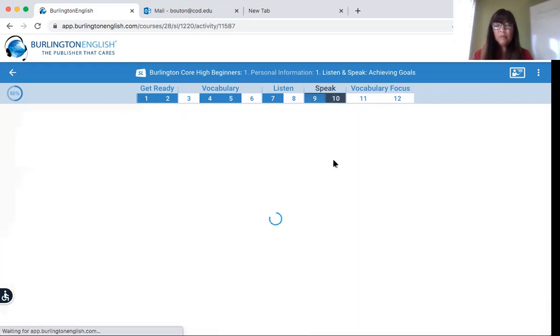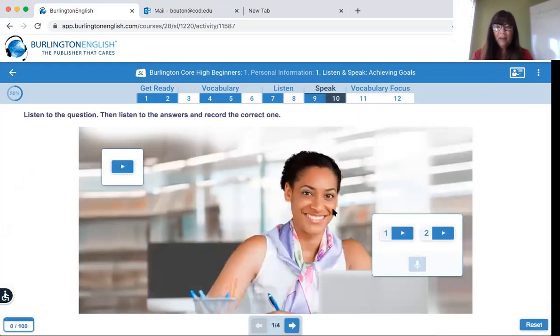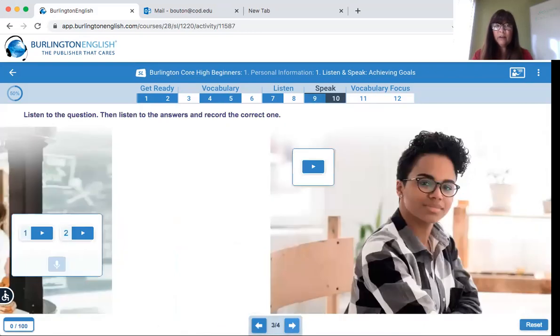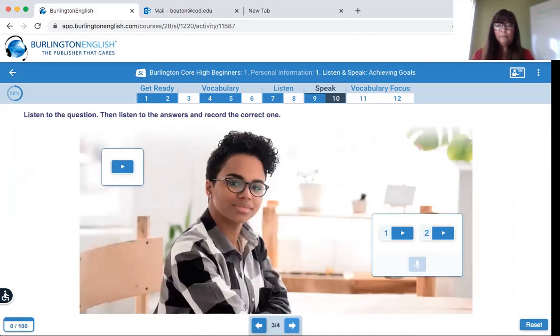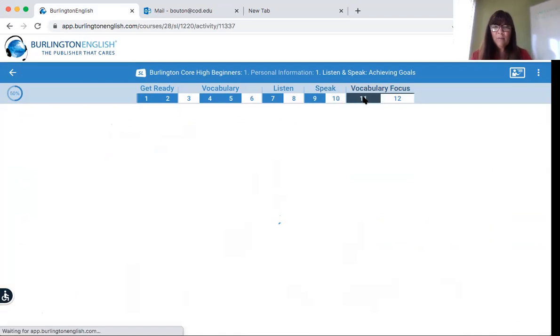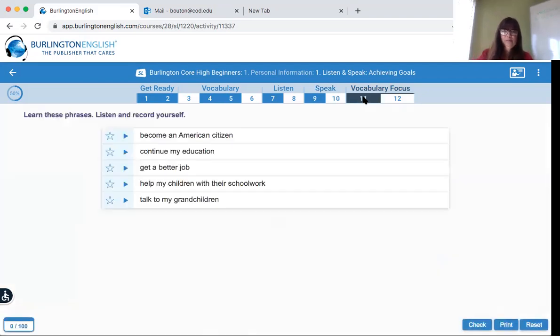All right, so here's more speaking. And again, notice at the bottom, there are 4 screens to look at. Okay, listen to the question, then listen to the answers and record the correct one. So same as before. Now there's some vocabulary focus.